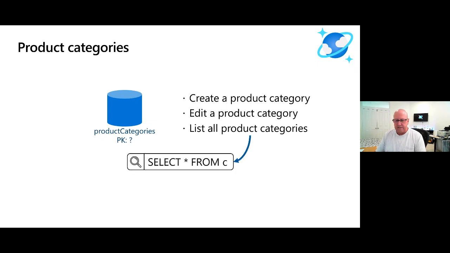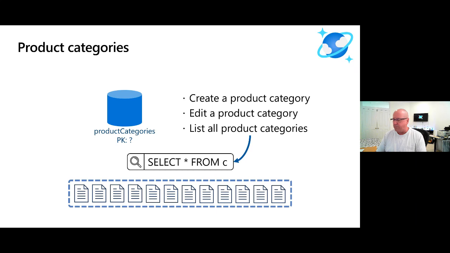And we also need to list all product categories. And again, I want to point out that we're looking at operations you need to support, so it's important to understand the volume of those operations as well. We probably aren't creating or editing product categories very often, but we're definitely going to list all product categories quite frequently. Granted, we would probably cache this, but it's still one of those operations that's going to get called